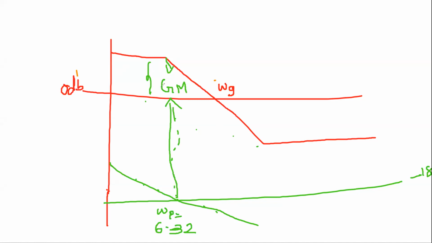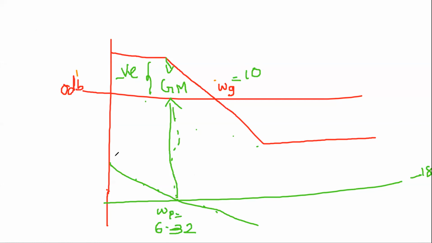So a gain margin above the 0 dB line is negative, because in this case we have negative. Why? Because our omega g was 10 and omega p was 6.32. You can check whether you are getting 10 or not if you plot it on your Bode plot. So omega p is less than omega g. And how do we find gain margin? You go up from this omega p and find the magnitude between the plot and the 0 dB line. Whatever magnitude you get, that is your negative value, maybe around minus 8 dB or so.